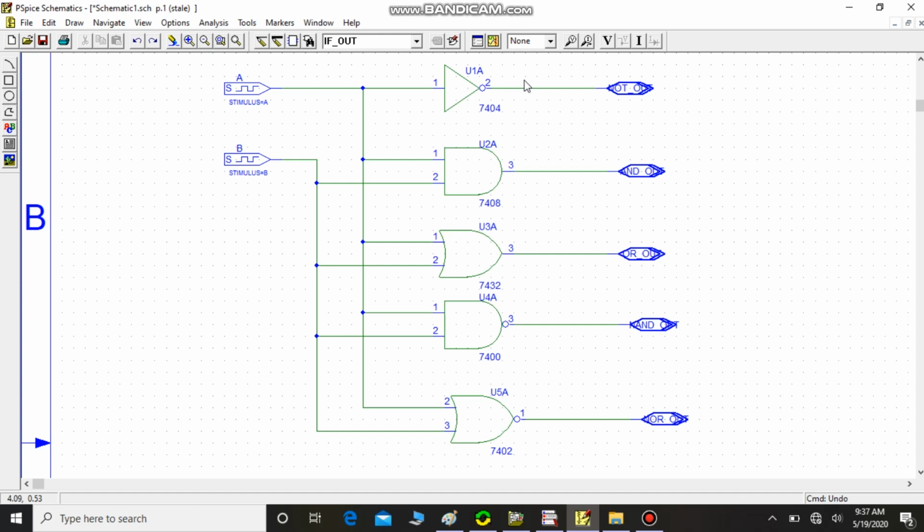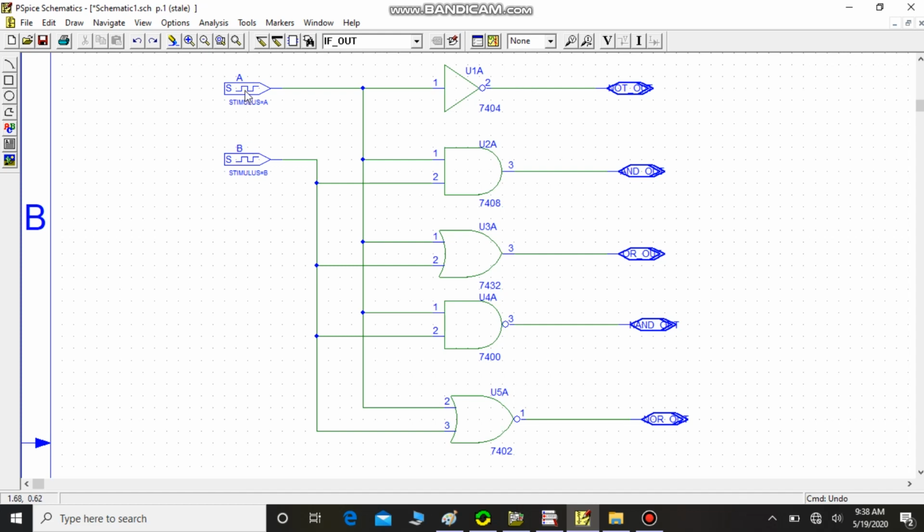As you can see, we have taken all the fundamental gates like AND, OR, NOT, NAND and NOR gates. We'll be simulating XOR and XNOR in another video. We have applied two stimuli, A and B, and we have taken all the outputs by using if out. Now, the next thing I need to do is give the inputs for the circuit. That means I have taken two inputs. I need to make the transition of these, and for those transitions I need to observe how the gates will